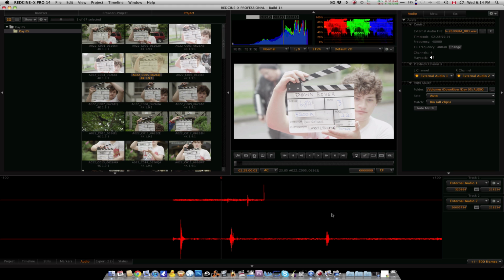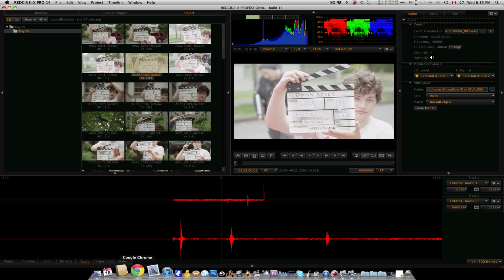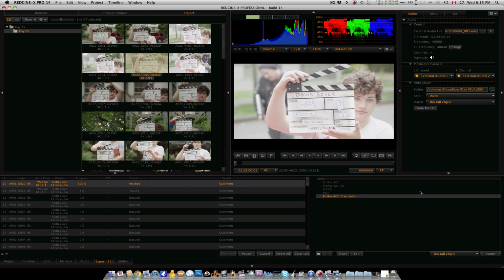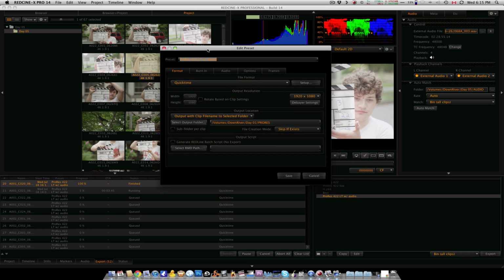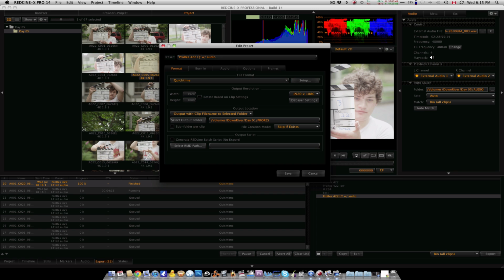So that's it. That's the workflow for syncing the audio. Now, another important thing that you've got to do is set up how you want to export. So I'll walk you through this template that I've already made for exporting. I've called it ProRes 422 LT. Our editor prefers LT over proxy. It's slightly better quality